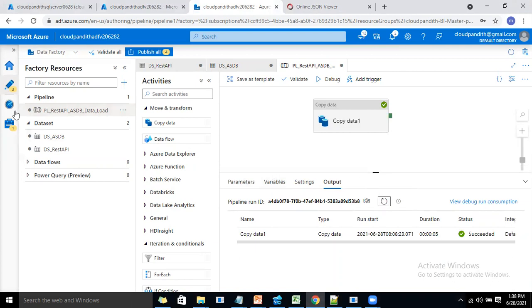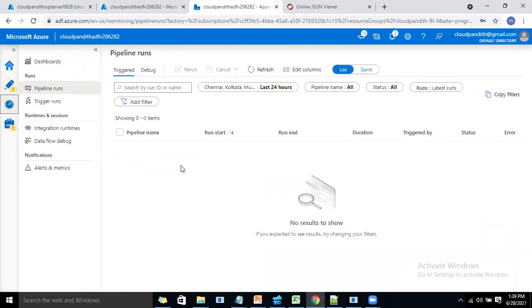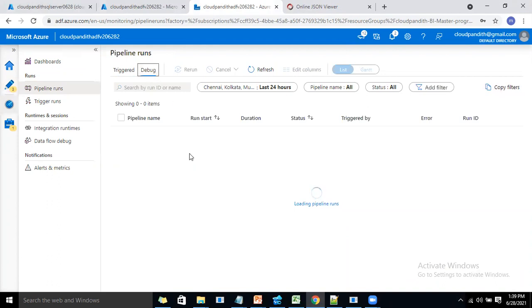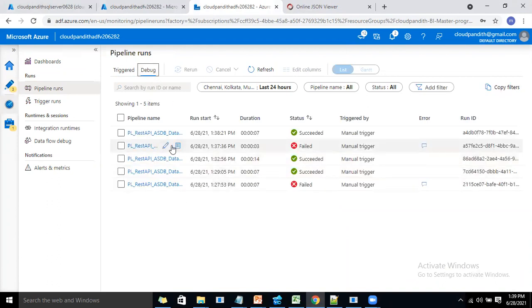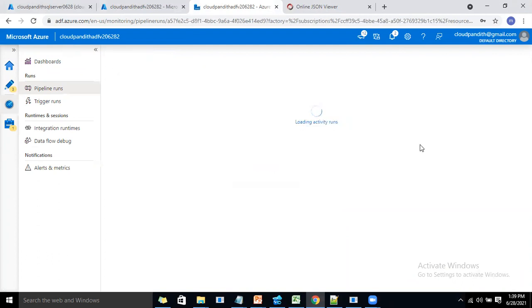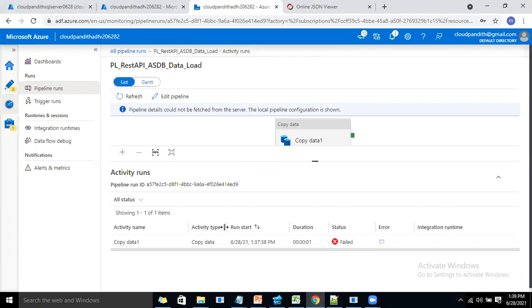Whatever error you got earlier, if you want to see that error message, come to the monitor tab and go to debug runs. See, this is the earlier result. Just click on this particular pipeline, or you can just click on this error message.